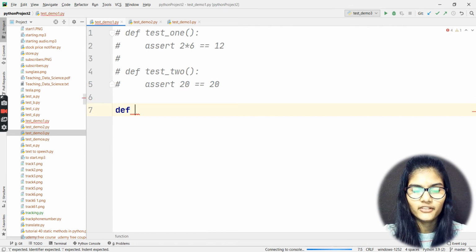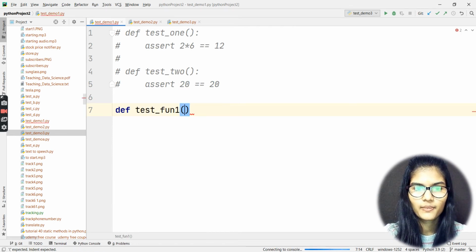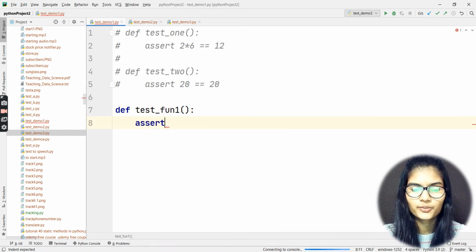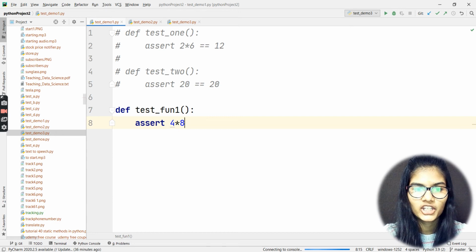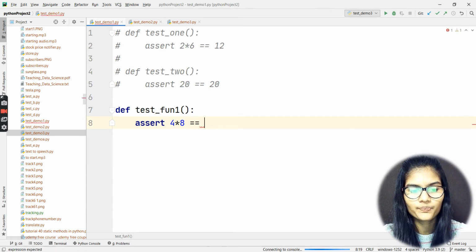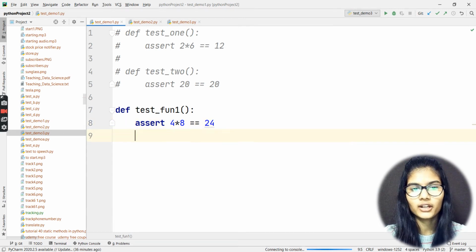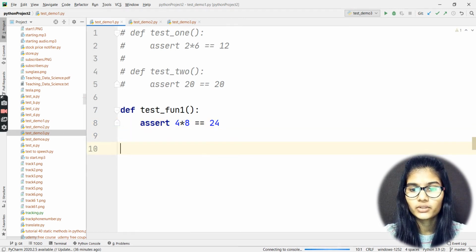So now here goes def, and it's test_fun1, putting up the colon, getting down here, let's put up my assert function. Let's put up some numerical things for now. So 4 multiplied by 8 is equal to 24. I put it out. That's wrong, I know, but I wanted to make my test run here